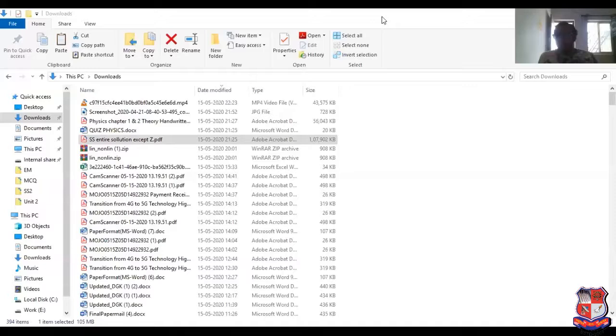Next operation x of minus t. X of minus t means what? Just apply the mirror operation of x of t. See this. We apply the mirror operation of x of t. So here we can get x of minus t. And here, see this -2 to -3 signal can be present. Consider this signal as x of t. Just move like that. It is known as mirror. So apply x of minus t for this given signal.